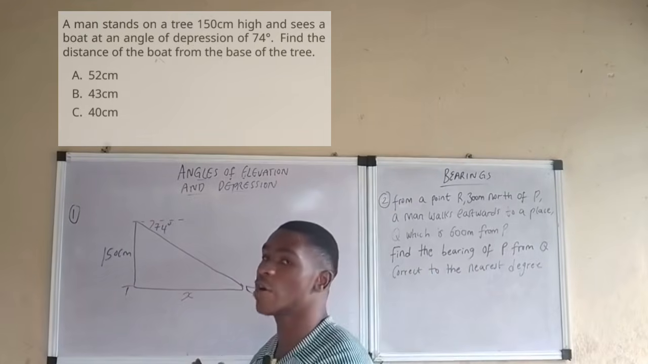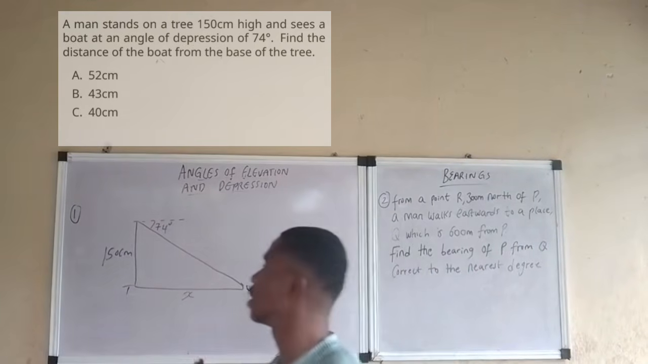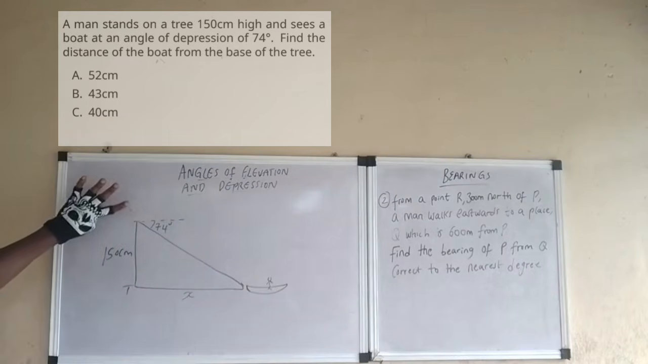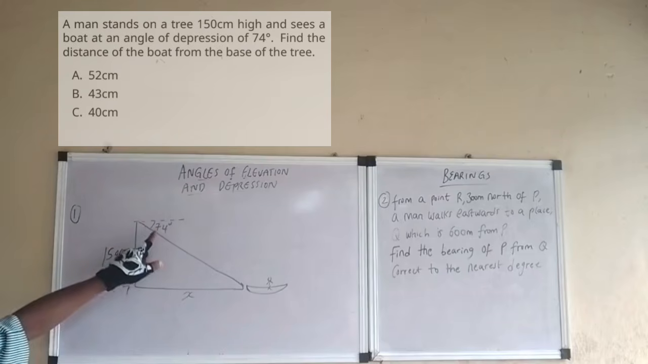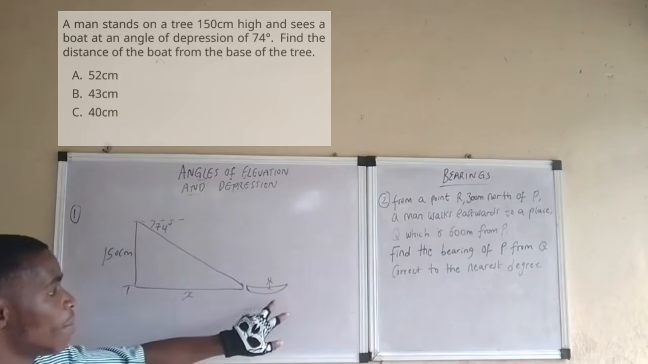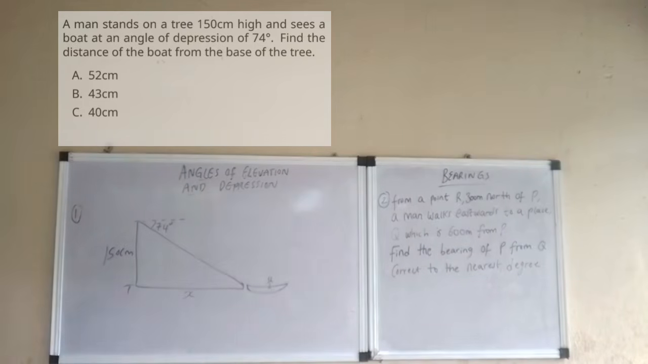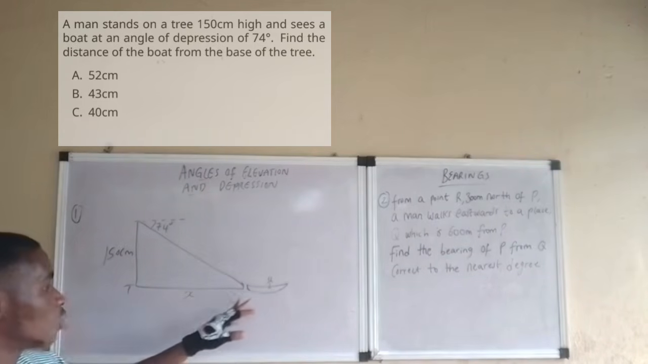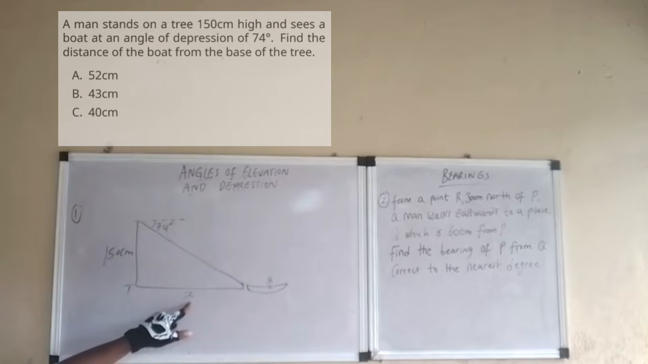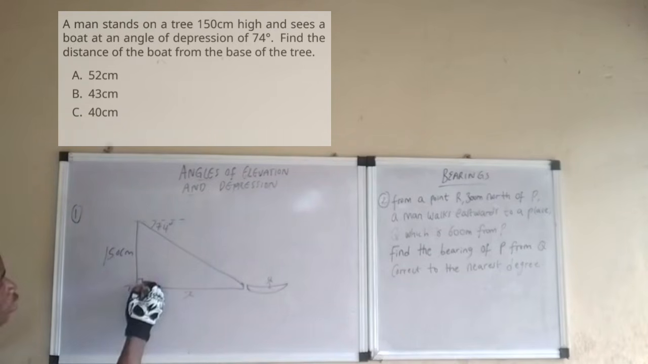Now, this is a pictorial representation of what this question is saying. We have a tree that is 150 centimeter high, and there is a man at the top of this tree, looking at an angle of depression of 74 degrees at the ocean where there is a boat with a man sailing. The question was to find the distance of this boat from the foot of the tree. So we are looking for x particularly. So how do we solve this? Now, the angle of depression of this man